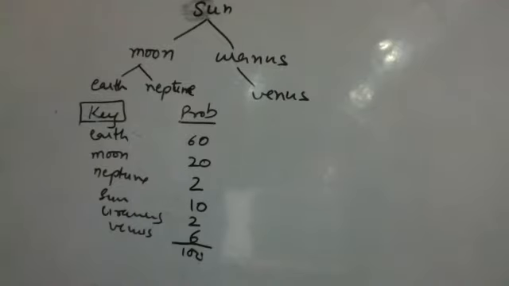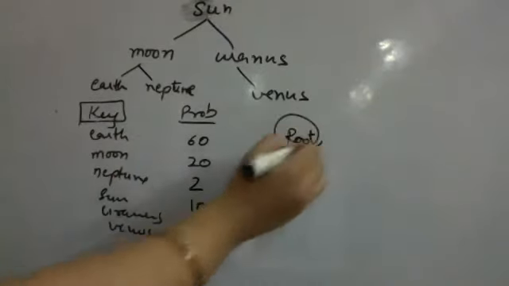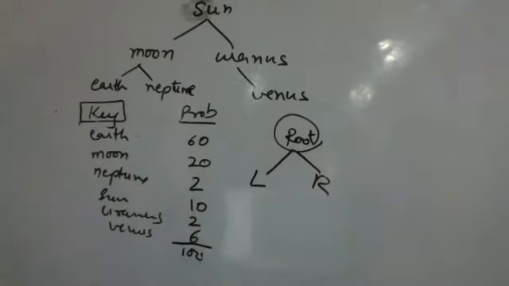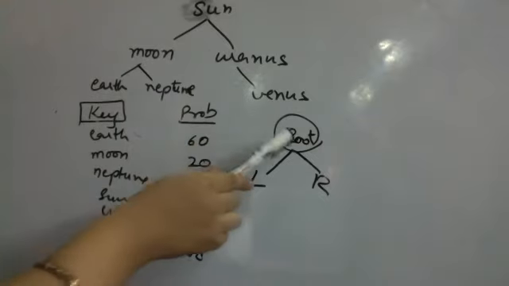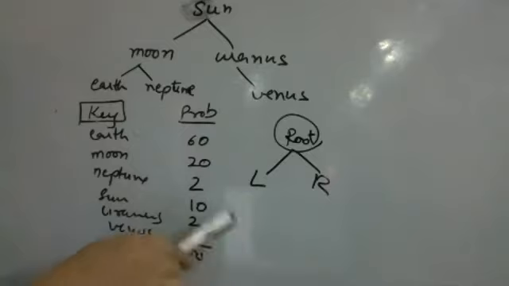Yes or no? Are you all understanding what I'm trying to say? So when I'm going to search in any tree, if I'm having root and I'm having the left and the right of the tree, what happens over here is the probability of searching the root plus the probability of searching the left child, and the same thing will repeat till we reach whatever we are searching for. Are you all understanding this?